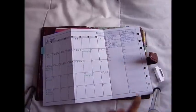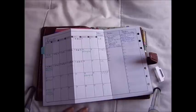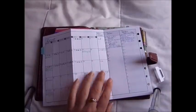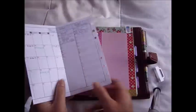And then theoretically I will go and take those tasks and put them in my weekly to-do list. But I didn't do that because I've been changing from the DIY Fish weekly planner to the Dodo Pad weekly planner. I haven't transferred everything over. So that's my monthly setup,